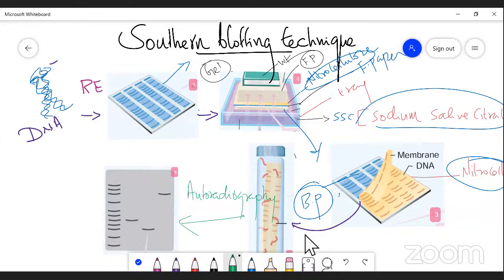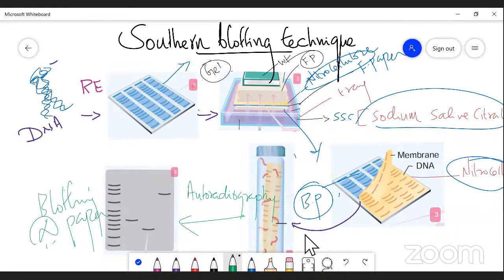As a result, it is copied from the nitrocellulose membrane onto another blotting paper, right? Here we take another blotting paper. So as a result, we can detect a number of DNA fragments from the hybridization bottle when it is exposed to